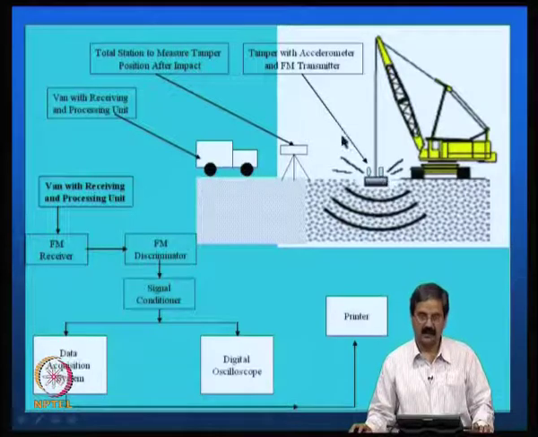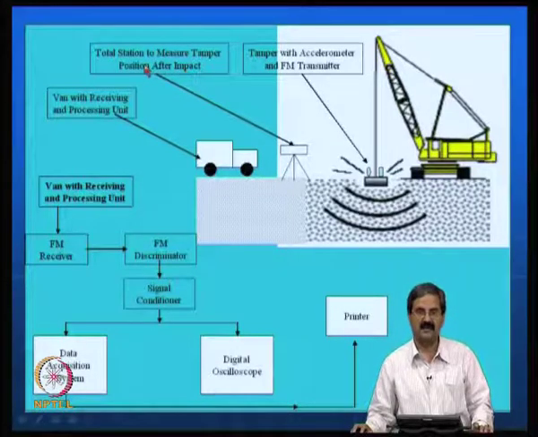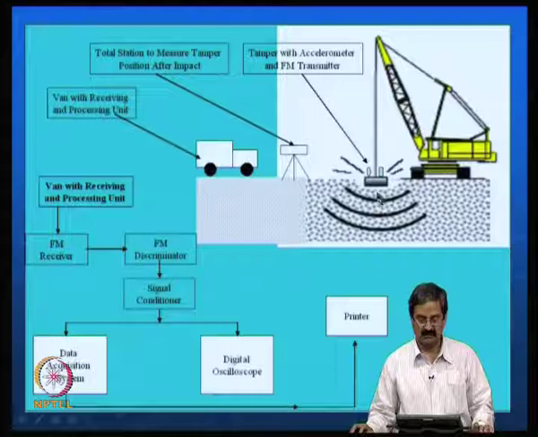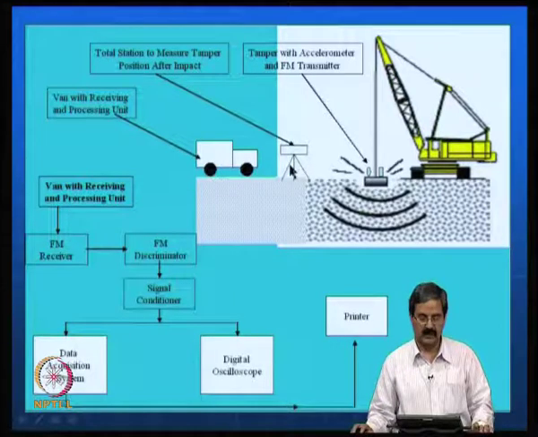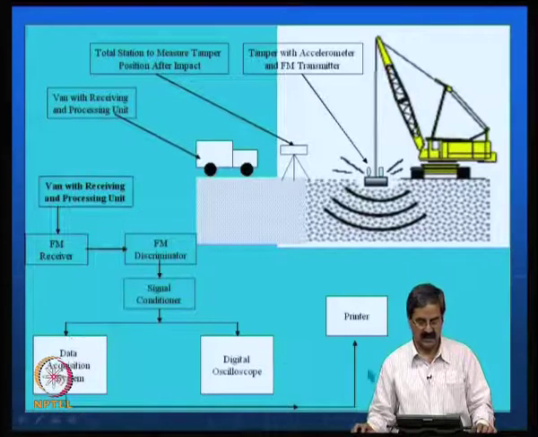Then you have a total station to measure the tamper position after impact. It is sophisticated surveying equipment which can measure the tamper position, because you would be interested in the depth and the impression it has caused. Then you have a van with a receiving and processing unit, with all the data acquisition, and what it gives is